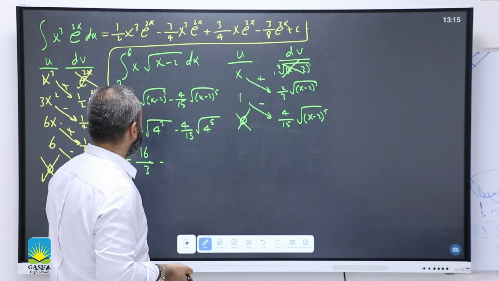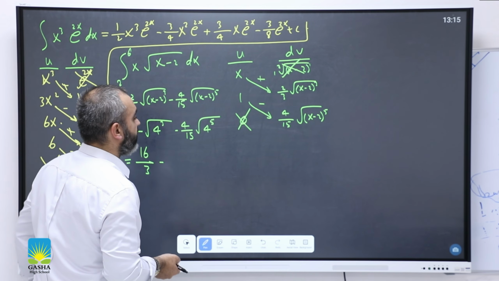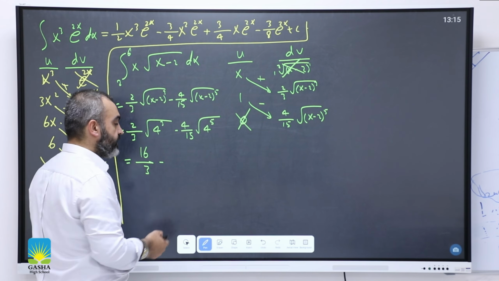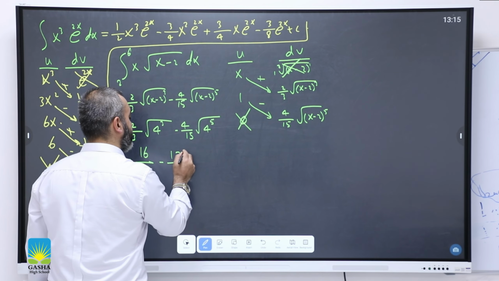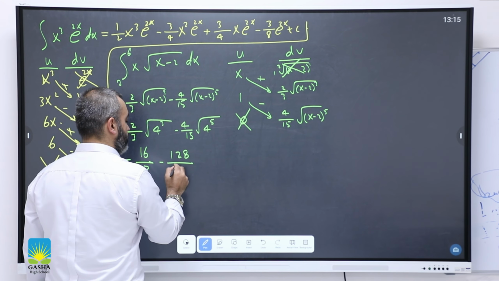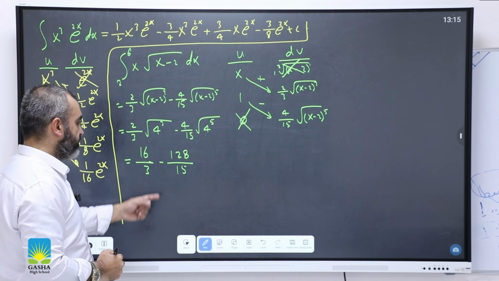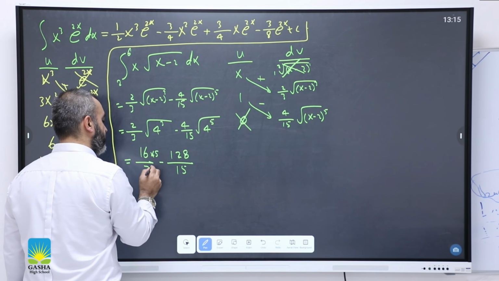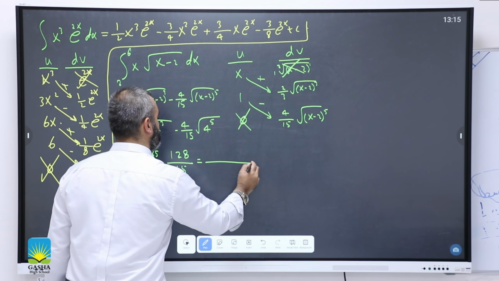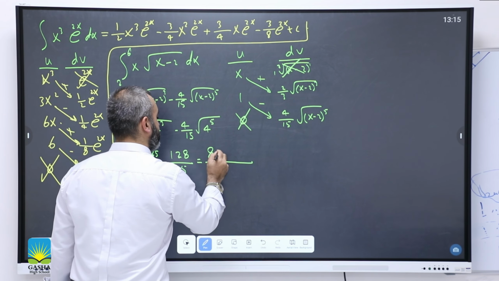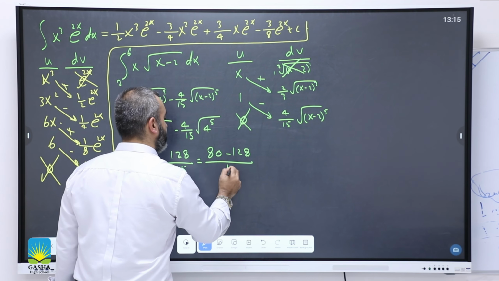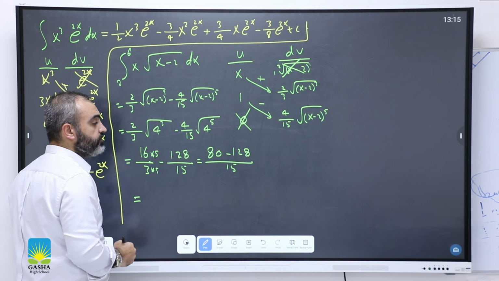Who can tell me 2 to the power 5? 32. 32 times 4, it's 128. Very, very good. So it is divided by 15. So this is times 5 equal to 80 minus 128 divided by 15 equal to